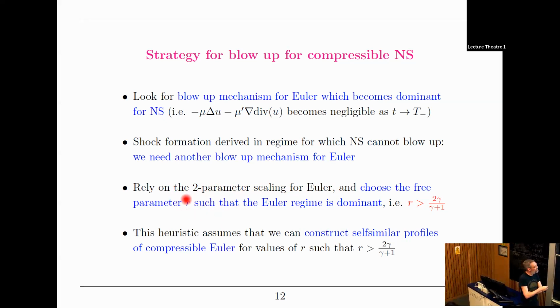And here the game is that you want to choose the parameter R such that Euler is dominant, which means that you want this scaling R to be strictly stronger than the corresponding scaling for Navier-Stokes, which was 2 gamma over gamma plus 1. Of course, if you do this, you immediately see this is exactly what we produce in rescaled variables. Now, if I go to the self-similar variables exactly as I did for NLS, I don't even have to do an extra massage. Because I don't respect the scaling of Navier-Stokes, I will immediately see this R square in front of the dissipative term. So it will be exactly the same mechanism as for NLS, except I don't have to do an extra massage of the equation, I immediately get it in self-similar variables.